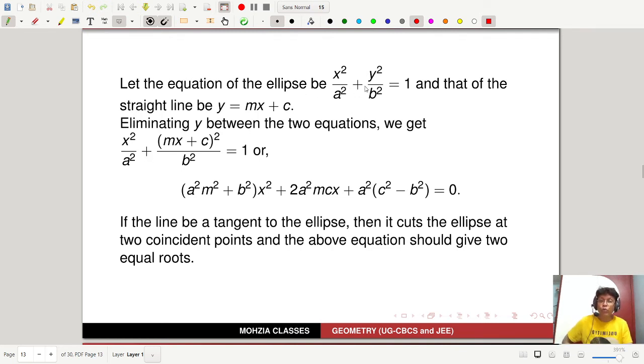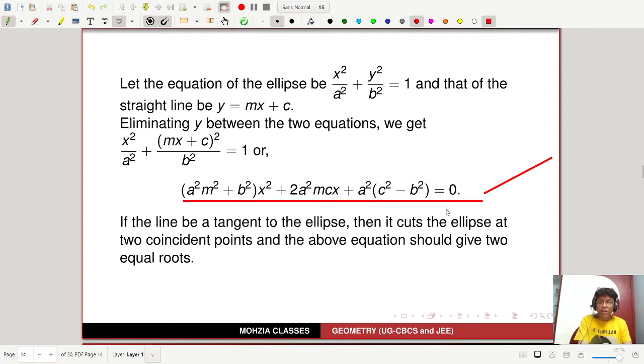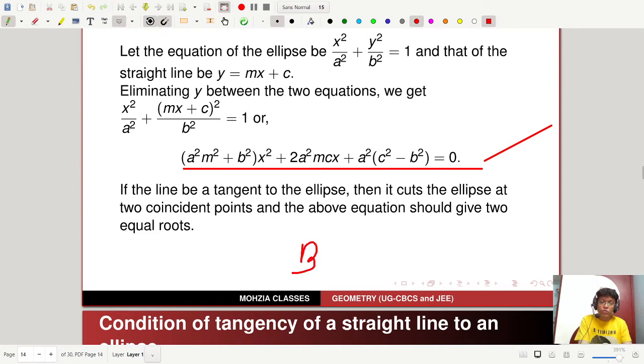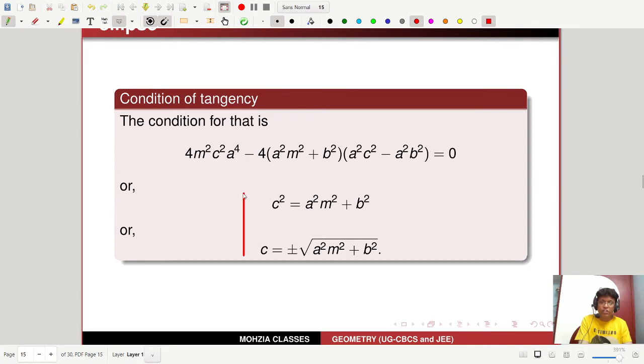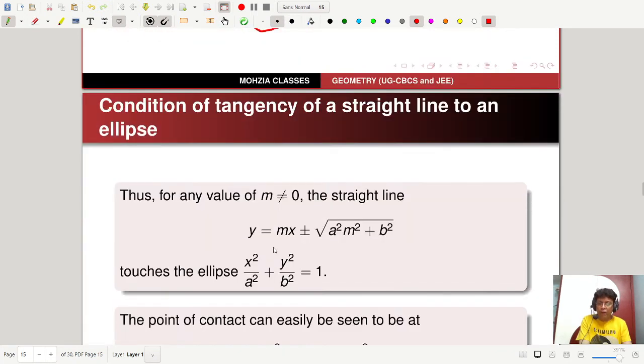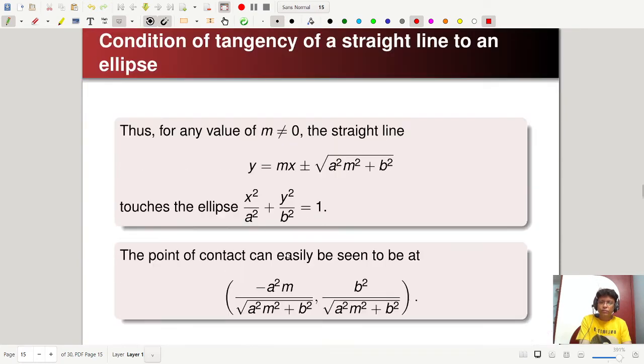Again, if you want to eliminate, you have to form the quadratic equation. This is the quadratic equation after calculation. Here you apply b squared equal to 4ac for equal roots, since for tangents we need real and equal roots. If you apply it, you will get this type of relation. This is the condition of tangency for a line y equal to mx plus c to be a tangent to the ellipse. And if you apply it for the hyperbola, you will get,